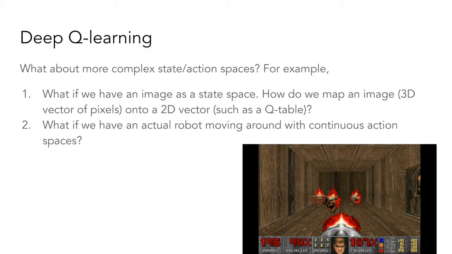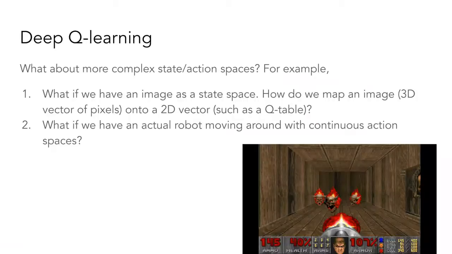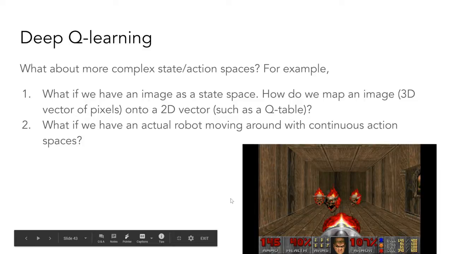So instead, in Q-learning, we include deep neural networks in order to solve this problem. You can imagine, instead of having our 2D matrix, we'll have a convolutional neural network, and the output of that network is simply going to be our Q values. So we're going to train a network to predict each of these Q values in this table, as opposed to trying to map who knows, several 100,000 values into a matrix, which would take forever to learn. So deep learning can be used if you're doing game stuff,